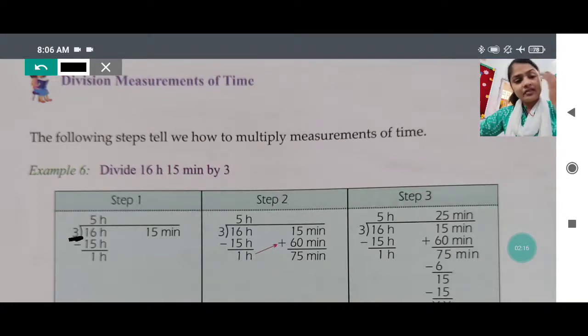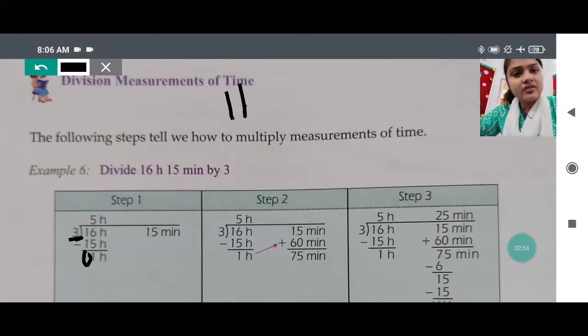We will divide it. We will read the table of 3, that much time in which we will see whether we are getting the number exactly 16 or lesser than 16. So when I am reading the table of 3, 5 times, 3 5s are 15. So I will write 15 just below 16 and I will subtract. 6 minus 5 will be 1 and 1 minus 1 will be 0. So I will get 1 hour. Okay, we are not going to start from the right side. We used to start dividing the number from the left. So after dividing the hour column, we have got 1 hour left.